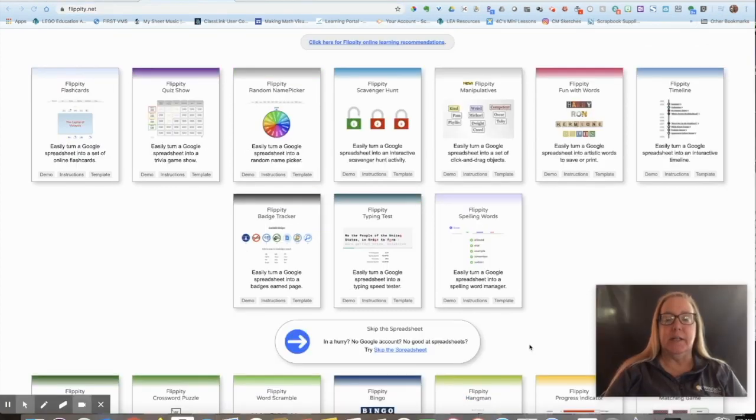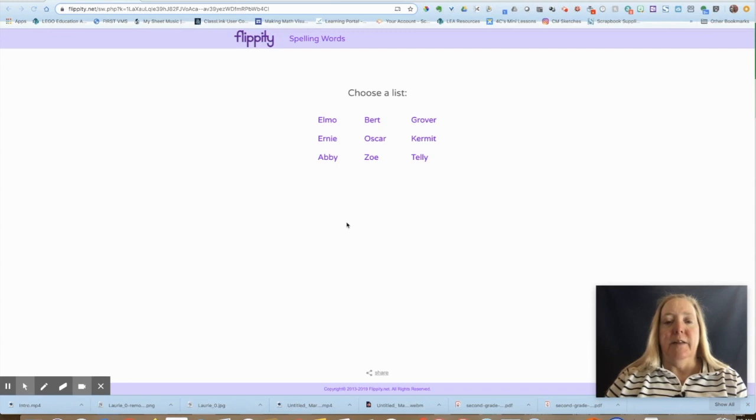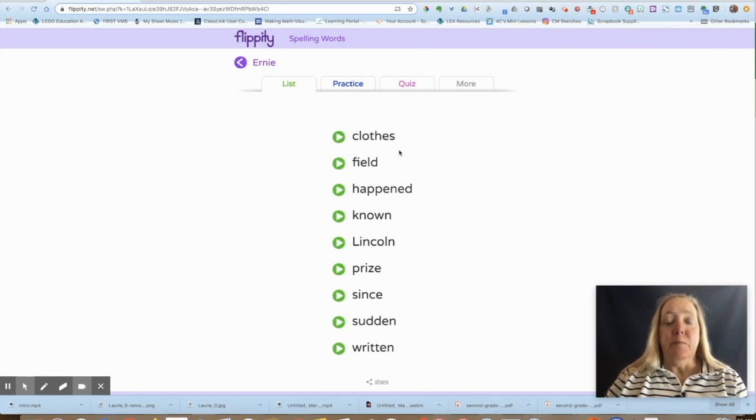So for each activity, they do give you a demo, instructions, and template. So let's look at a demo of Flippity spelling words. All right, so let's choose one of the lists. I want to try out the Ernie list. So here we have our list of spelling words. And as we click on play in front of each one,